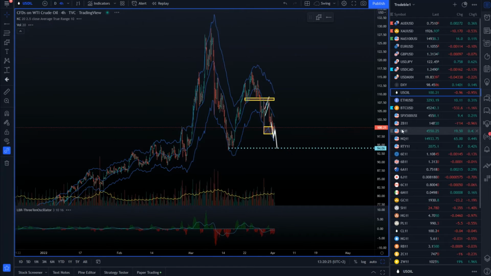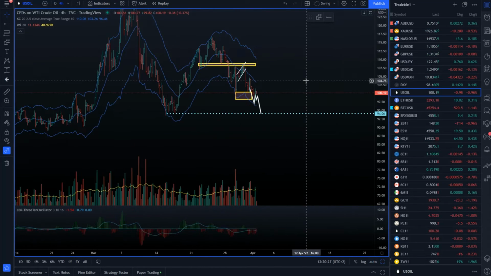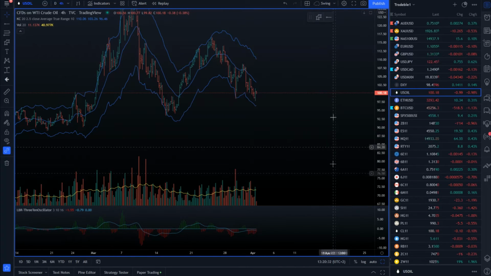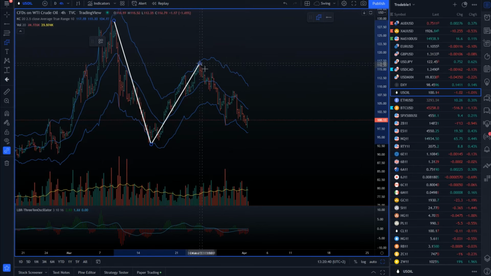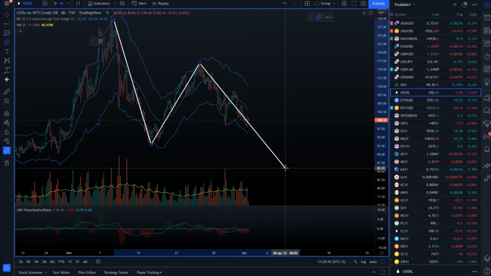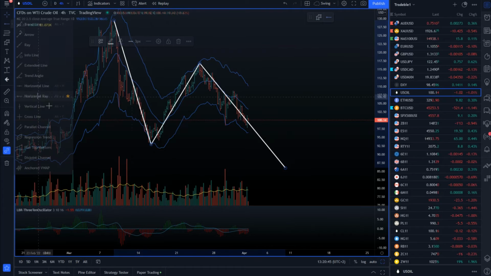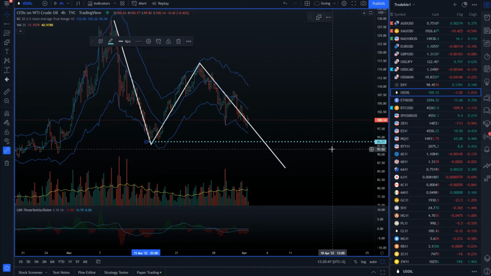Speaking of the crude oil, we had one flag here. If we see what is the current situation, I don't see anything spectacular here, any divergence or something like that. If this is still a valid structure, then we can expect the retest of this area like here, and eventually to retest at least this low at 93.70 level.